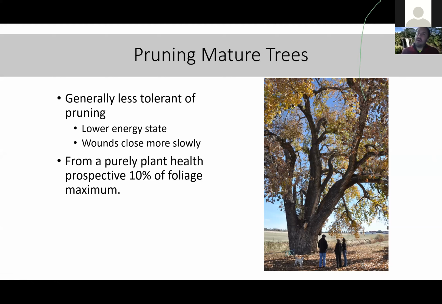Probably a better method, though, is to have them contact their city forester, whichever city they live in. Their forester will almost always keep a list of arborists that are licensed to work within their city. And that licensing process usually means they have to have a certified arborist on staff. They have to be licensed and insured. They have to pay a small fee. Usually it's just like $25 or something.